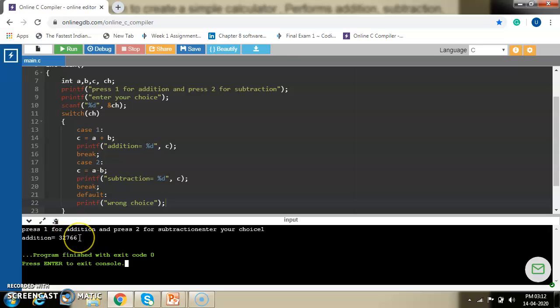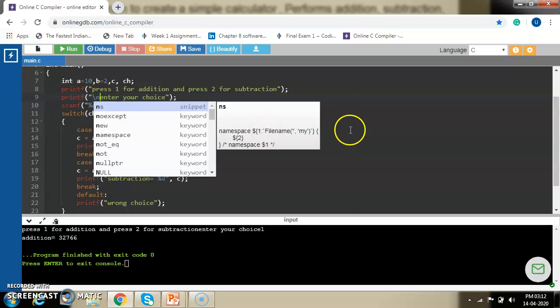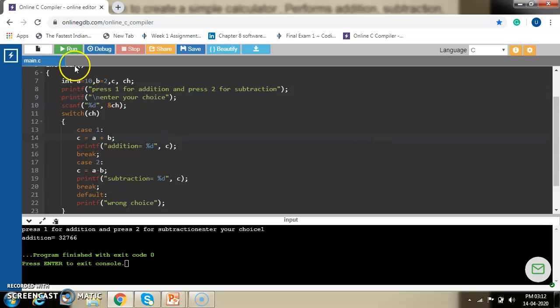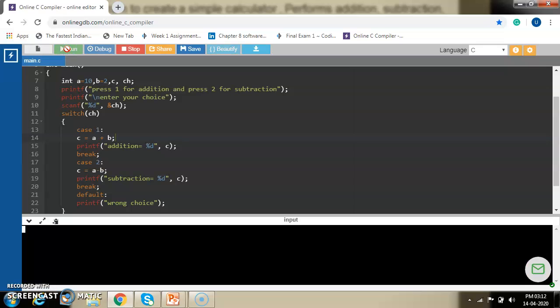It means it gives the addition of random numbers. Why does this answer occur? Because we haven't provided any value to a or b. So let us provide the value a is equal to 10 and b is equal to say 2. And again we have to provide \n over here, so the message enter your choice will appear on the next line.